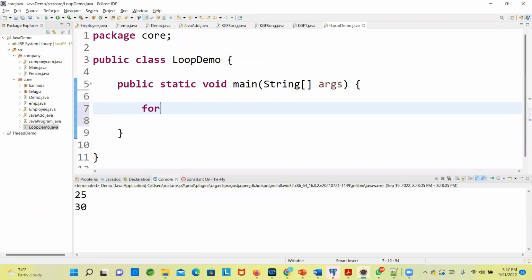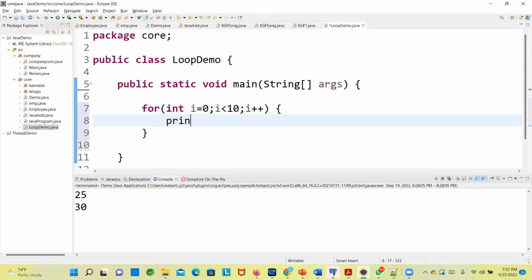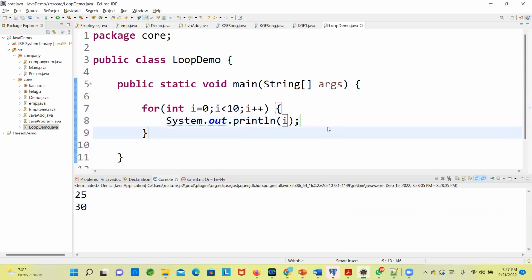So for (int i = 0; i < 10; i++). Okay, so what I will do, I will print System.out.println(i). So now what happened? If you see here,